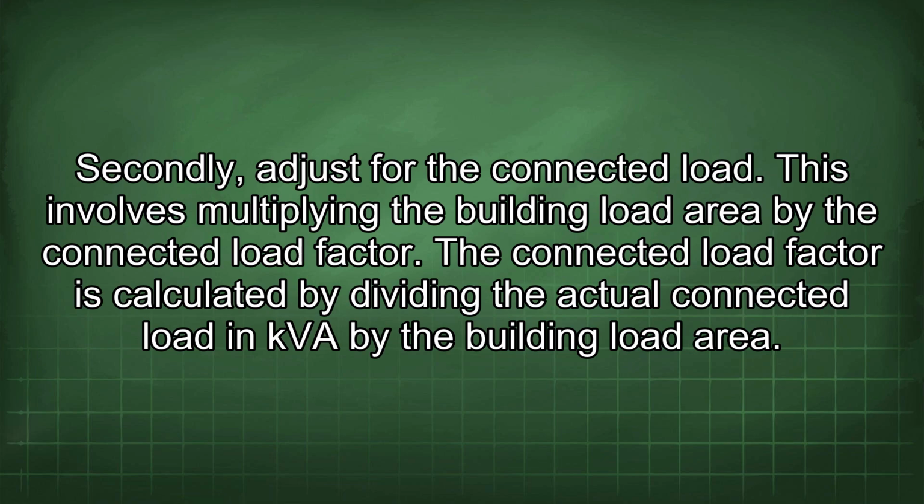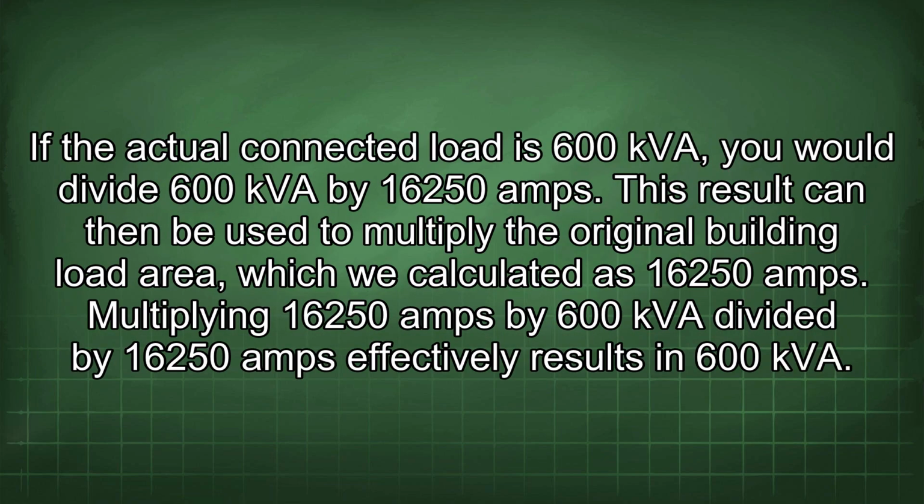Secondly, adjust for the connected load. This involves multiplying the building load area by the connected load factor. The connected load factor is calculated by dividing the actual connected load in kVA by the building load area. If the actual connected load is 600 kVA, you would divide 600 kVA by